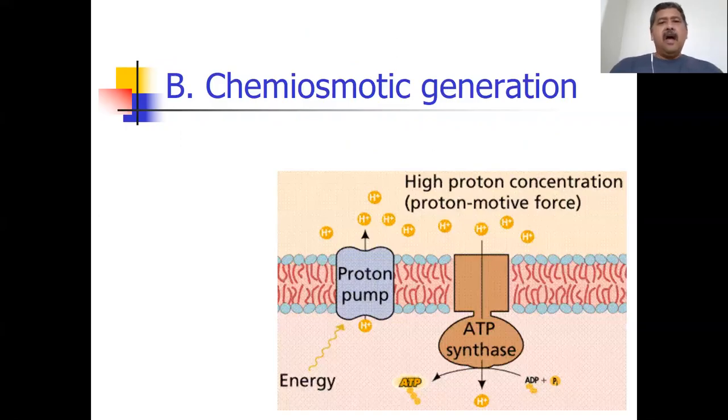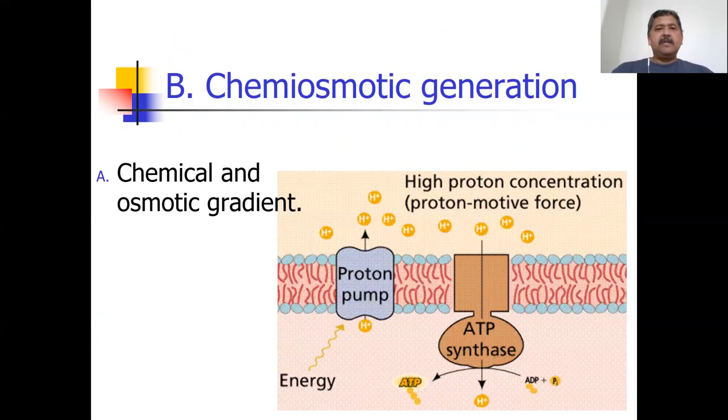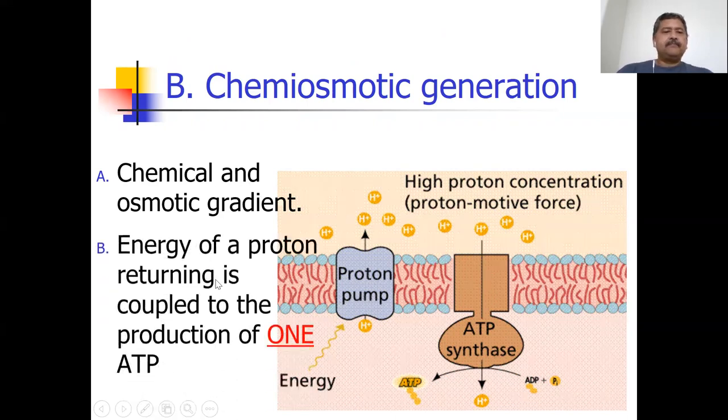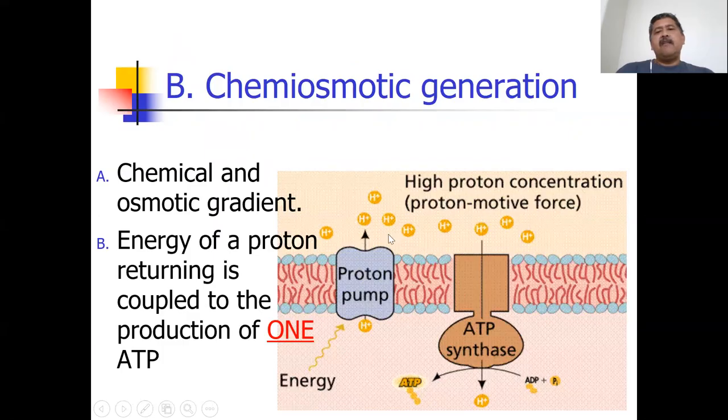Now, that doesn't sound like an awful lot, but chemiosmotic generation of ATP is going to result in the rest. Now, we say it's chemiosmotic, and we know these terms already because we studied them in this course. We have a chemical gradient, and we have an osmotic gradient or slope or a change in between before and after. So you have a chemical and osmotic gradient. Over here, you have a lot of protons on the outside of this membrane. This membrane is the inner membrane of the mitochondria. Over here, on the inside of the inner membrane of the mitochondria, this area here, which is called the matrix,